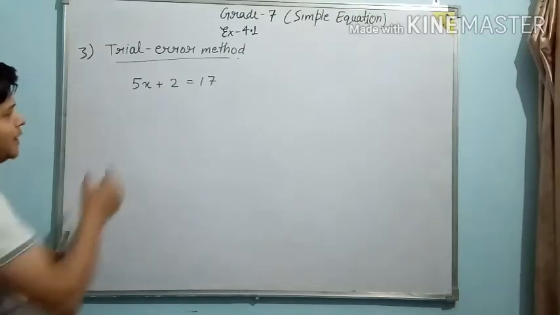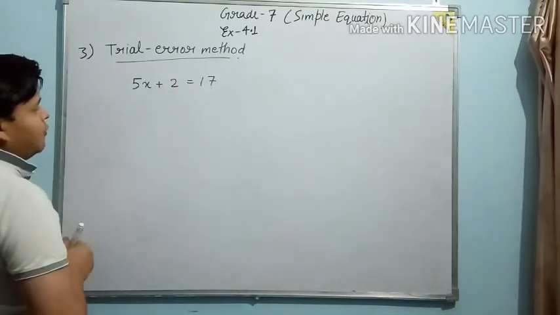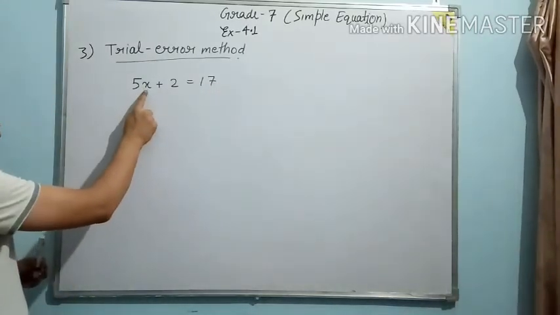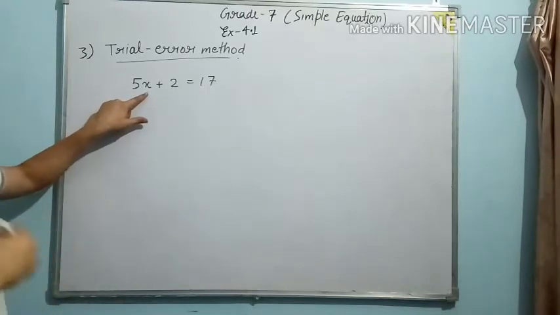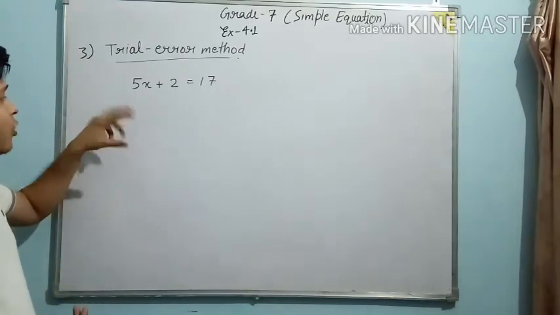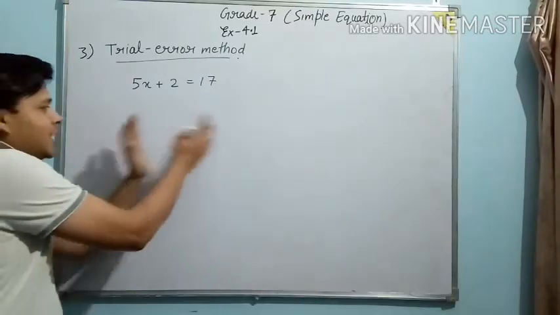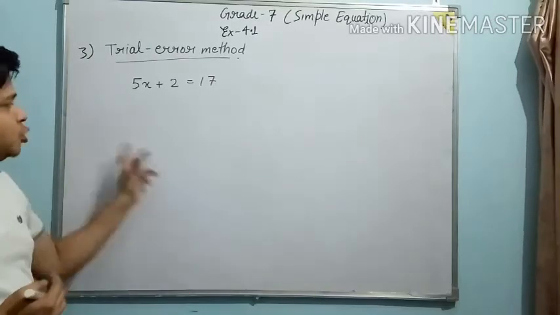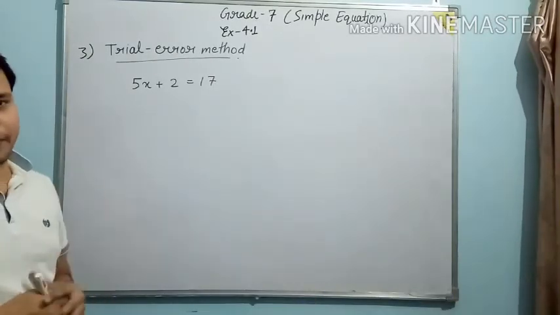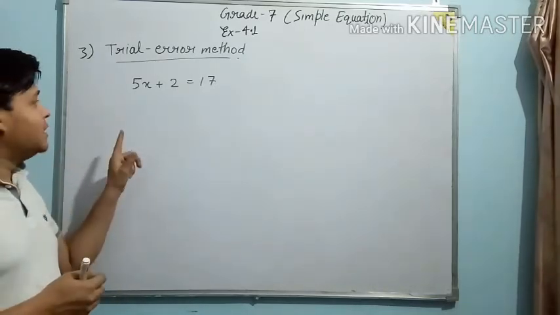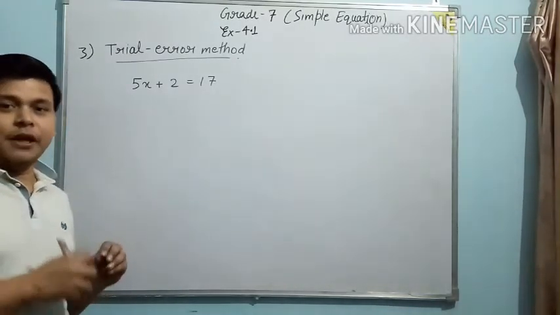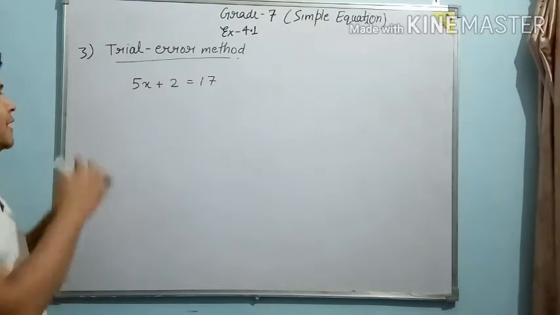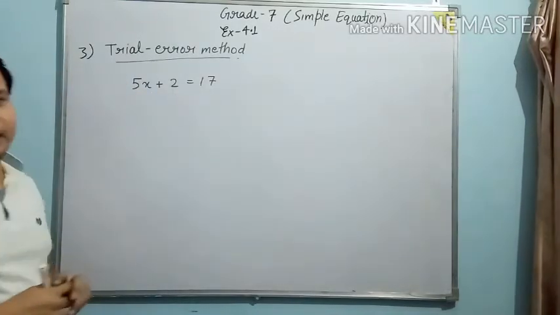First of all, as we all know, for any equation we have two parts, one is LHS and RHS. So we will just try different values of x here, and we will check what value of x will make LHS and RHS equal. What will make them equal? The value which makes the LHS and RHS equal will be the solution of the given equation, or we can say that equation will be satisfied.